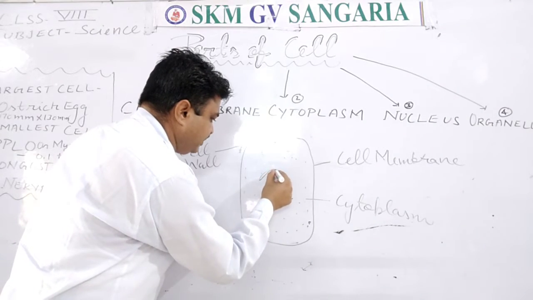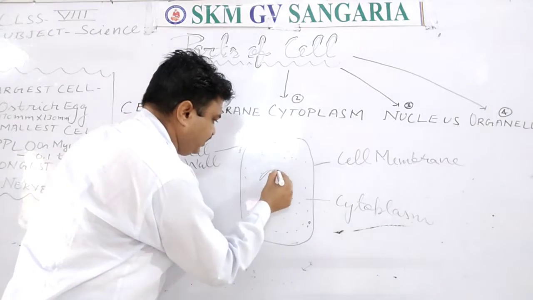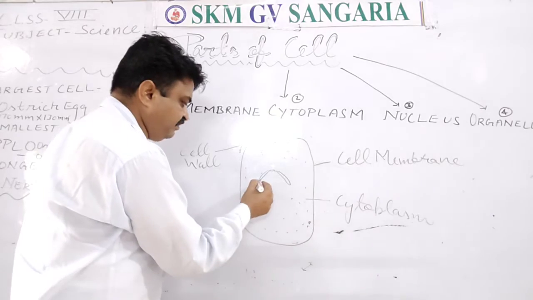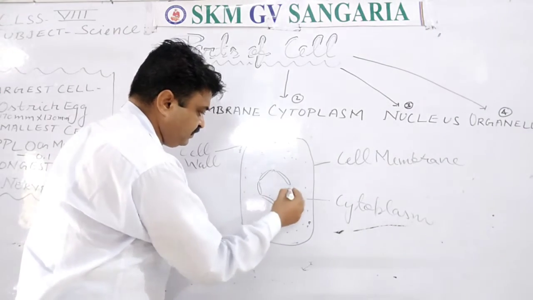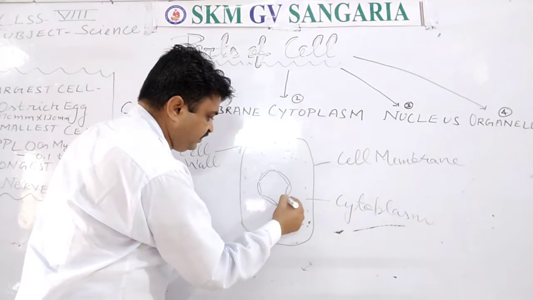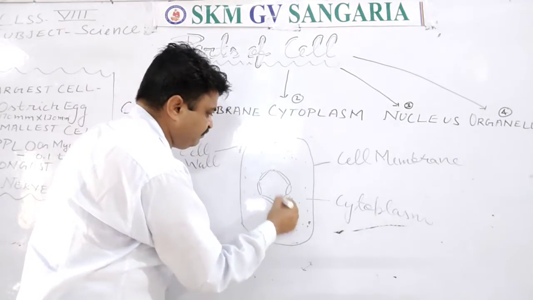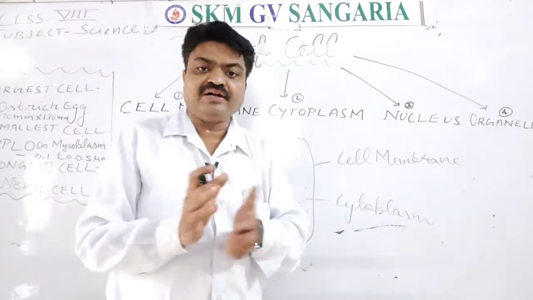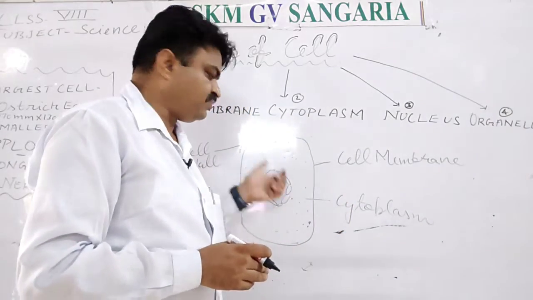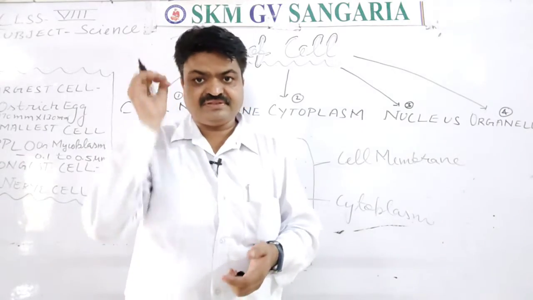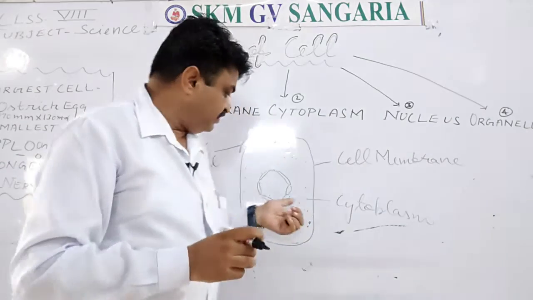In the animal cell, it is found at the middle, like I am drawing here, the animal cell. But in the plant cell, it is found at the side, because the plant cell has large size vacuoles. Due to having the large size vacuole, this nucleus is found at the side of the cell. Now in this,